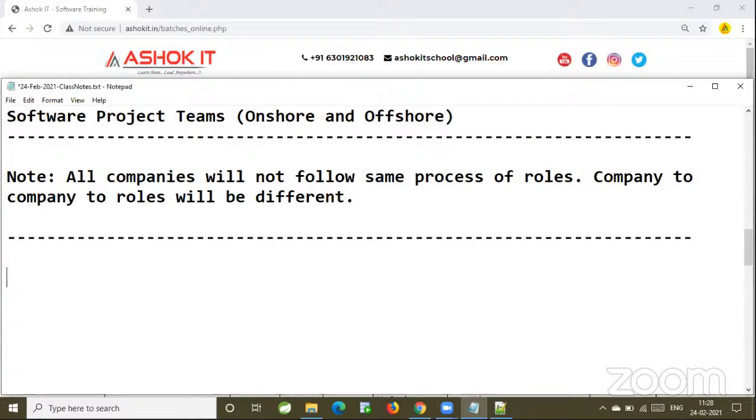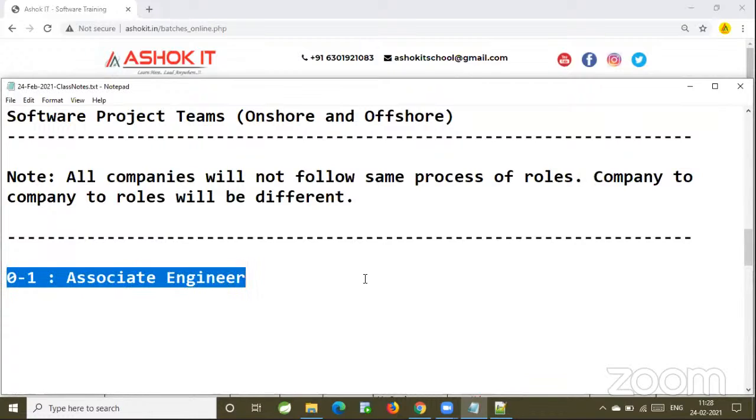If you have 0 to 1 year of experience, they will take you as an associate engineer or associate analyst. That means they will consider you a fresher.